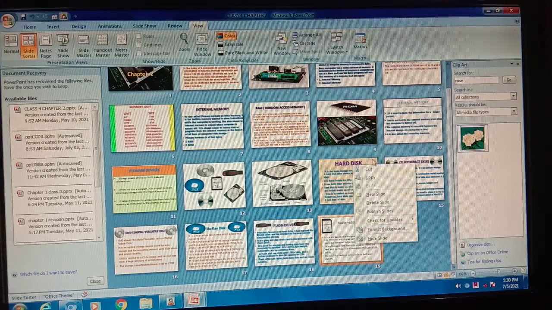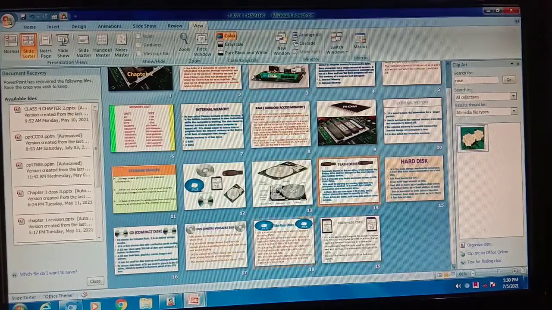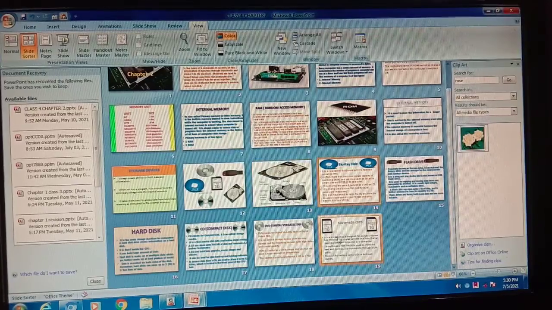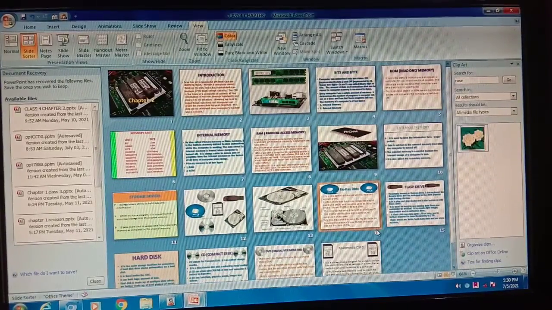You can also delete your slide from here. You can rearrange them and you can delete them. Okay, you can rearrange and delete. You can change the slide number and you can delete your slides. Here you can easily recognize the arrangement of your slides, and now for any editing you can change from it. So that's it.